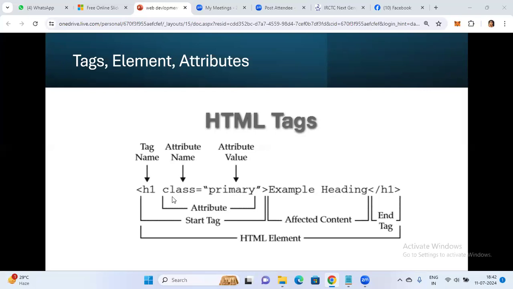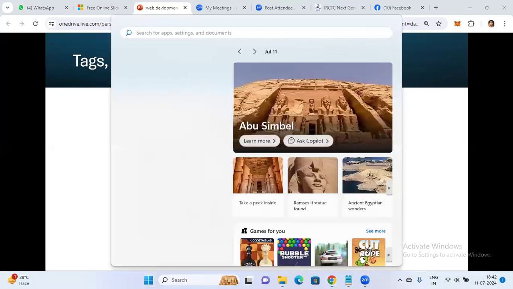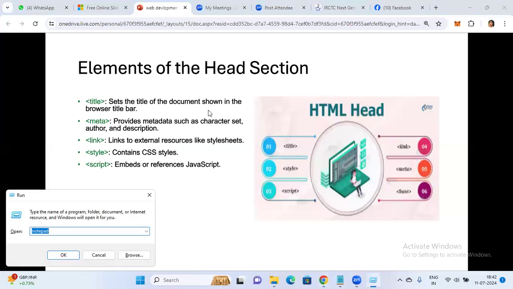So let me open Notepad. Generally, you open Notepad by going into Windows and searching over there, right? So you can search over here for Notepad. A shortcut is also there to open Notepad: Control R. Just press Control R. So it is showing Notepad.